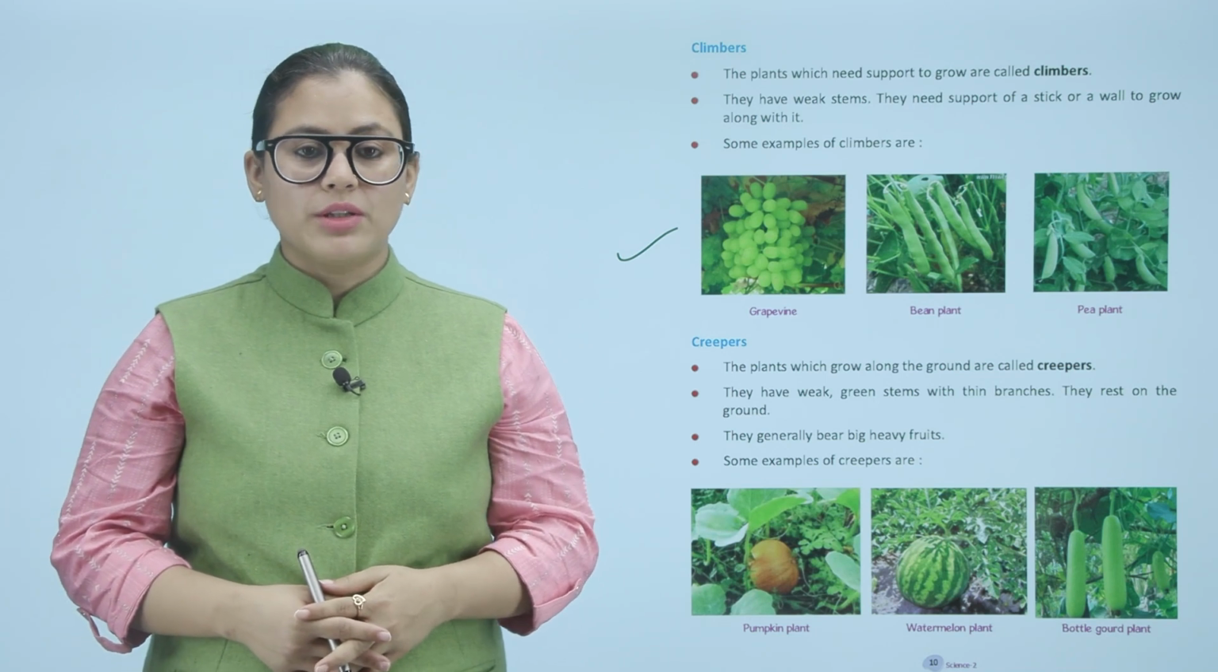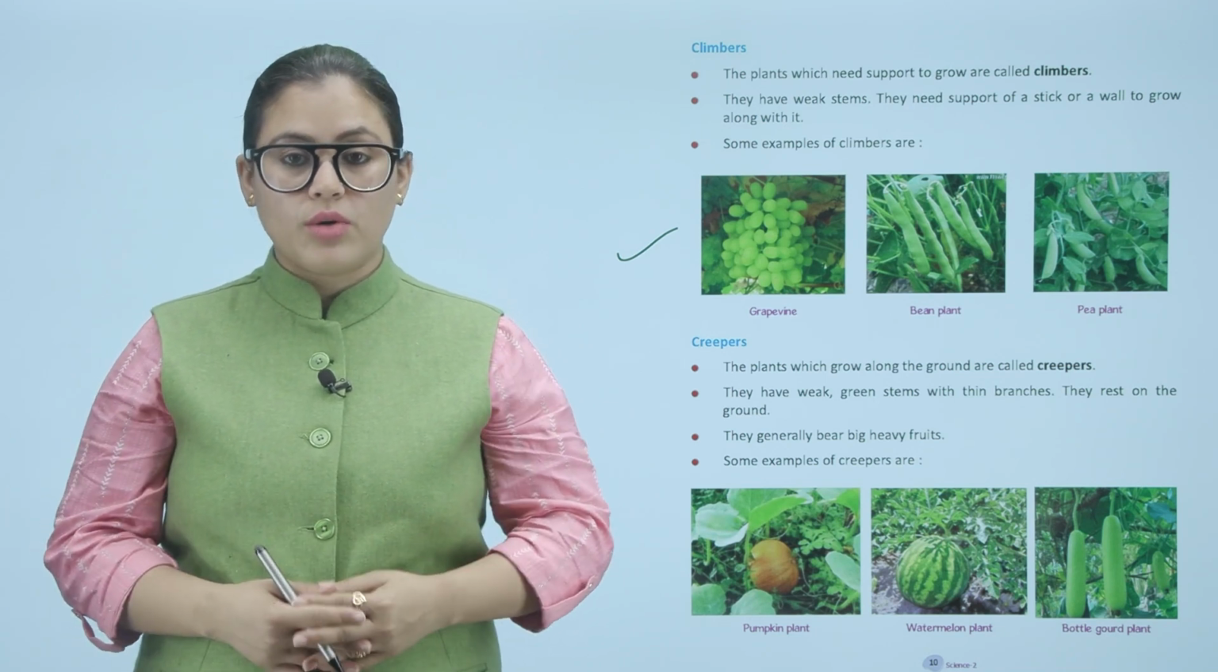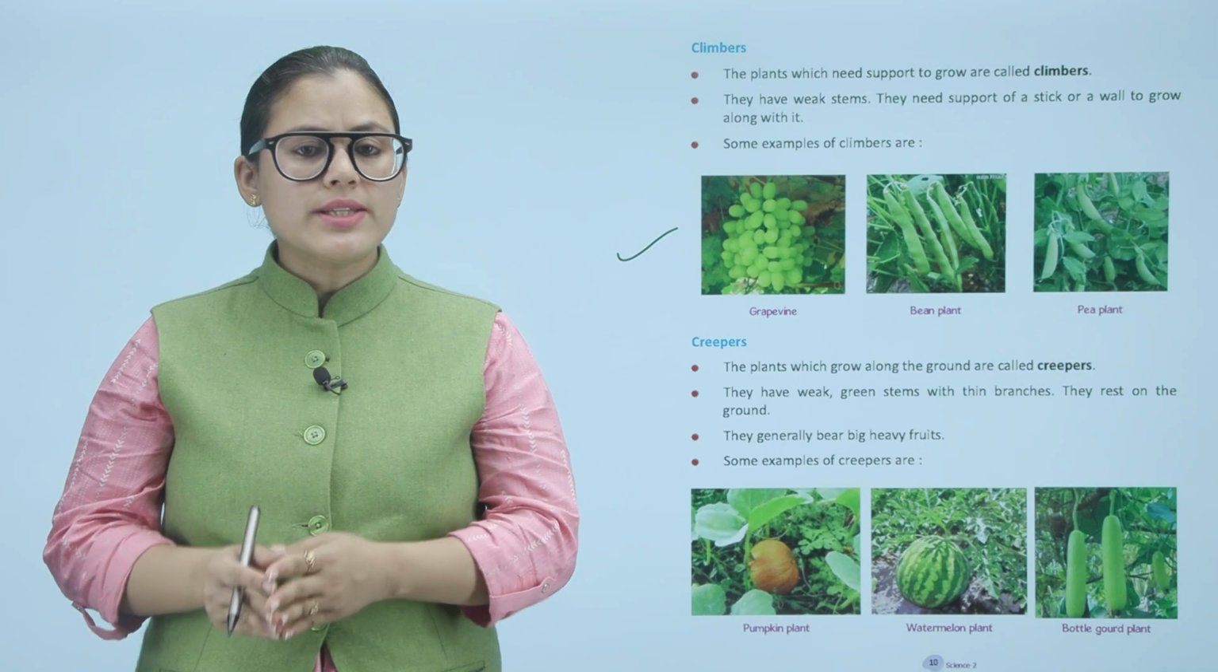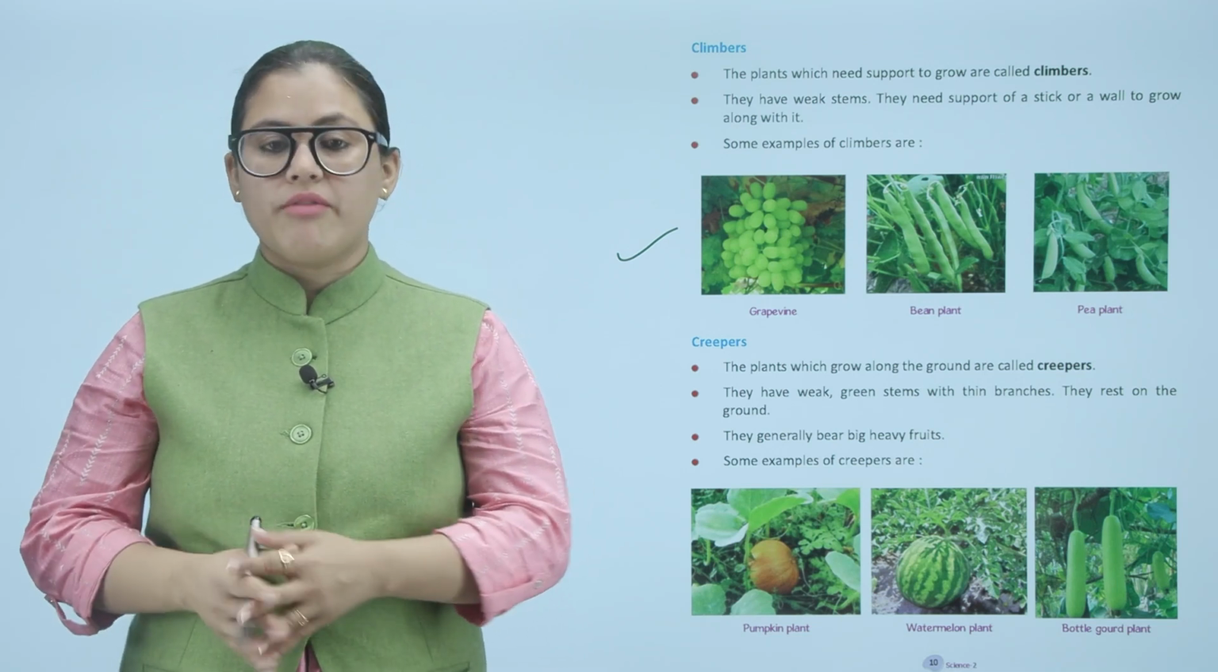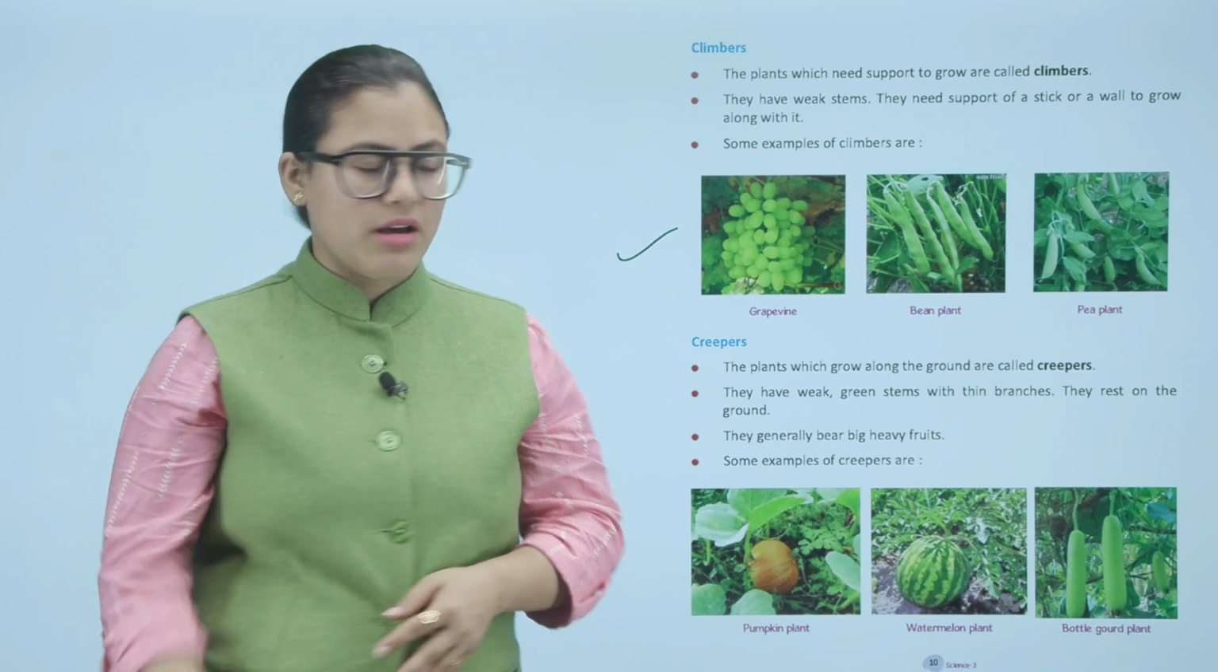Next, creepers. The plants which grow along the ground are called creepers. They have weak green stems with thin branches. They rest on the ground. They generally bear big heavy fruits. Some examples of creepers are